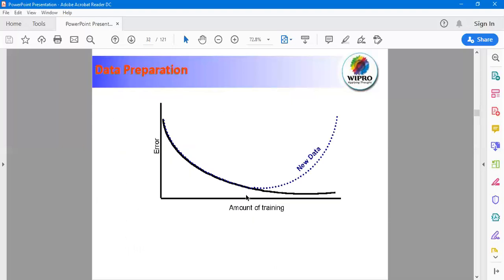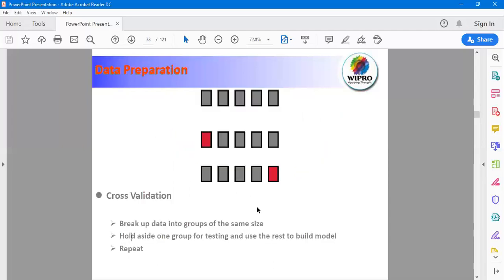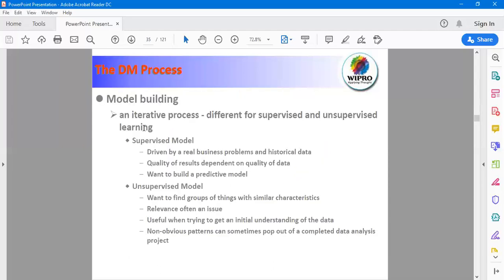So ultimately, this new data, which we were trying to describe, is divided according to this diagram. The entire data modeling is divided into supervised learning, the modeling, as we said. This process is divided into modeling, and this old data and new data. Looking at that diagram, a different scenario has come into the picture, where we divided the DM process into modeling, and modeling into two basic types of models, that is supervised model and unsupervised model. So supervised model means that all your data is seen. It's very, very simple.